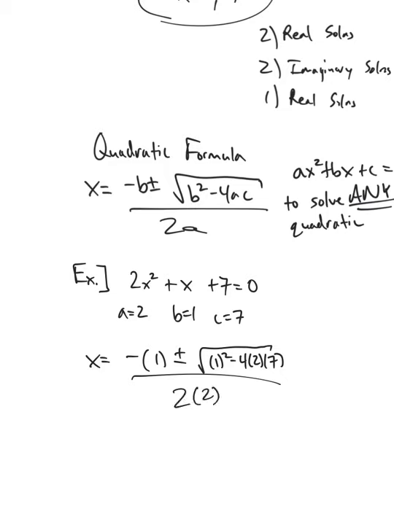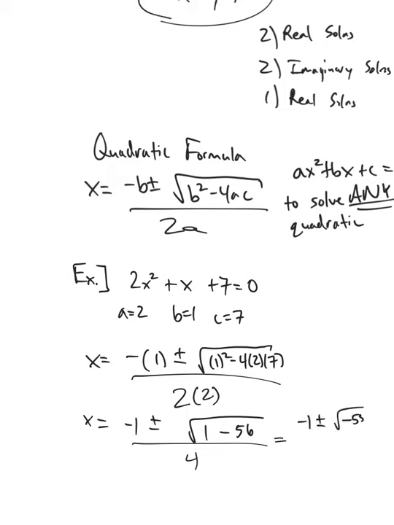All right. From here, it is just simplifying. I typically start inside of my radical. Guys, 1 squared is just going to be 1. Minus 4 times 2 is 8. 8 times 7 is 56. And then all over 2 times 2 is 4. So this simplifies to -1 plus or minus the square root of -55